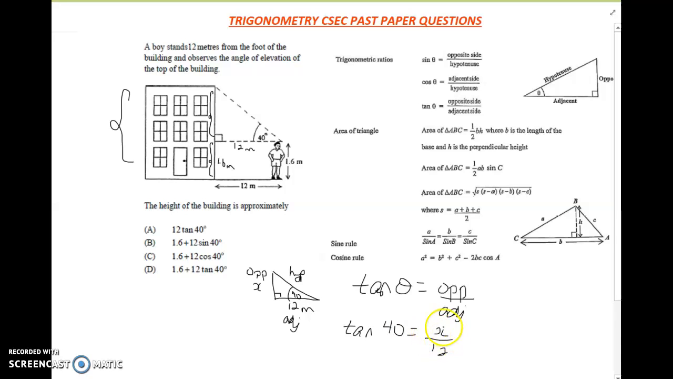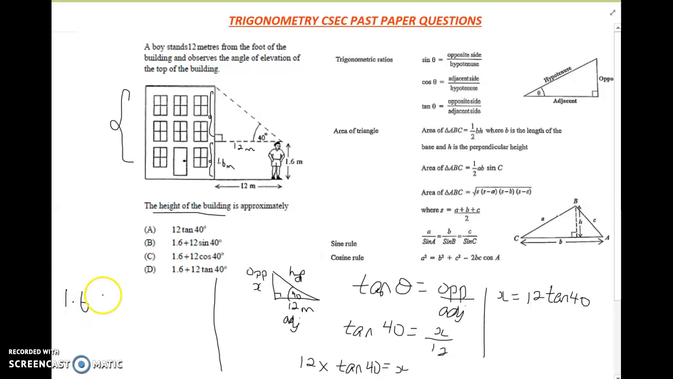Remember, I want to find x, so I need to get rid of this division by 12. So that becomes 12 times tan 40. That is x. I'll just write it over here, 12 tan 40, I can remove the multiplication sign. But that's not my final answer. I need to add on that 1.6. So the height of the building would be the 1.6 plus what I just found, 12 tan 40,